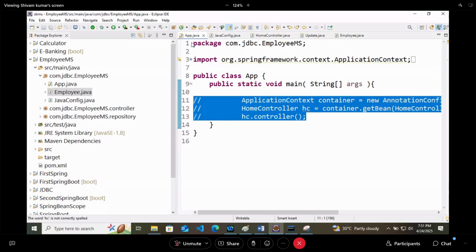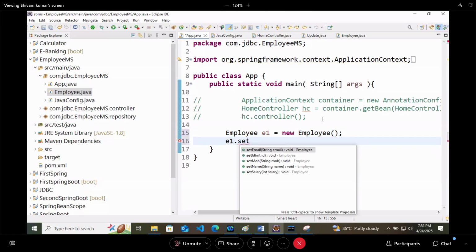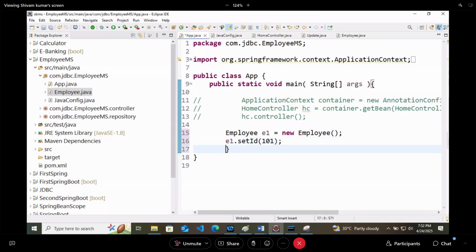Now this is our normal app.java. I am saying to you that create 3 employees in Java. So your approach will be like this: Employee e1 equals new Employee. At first you will create the object, then you will say e1 dot setID, ID is 101.